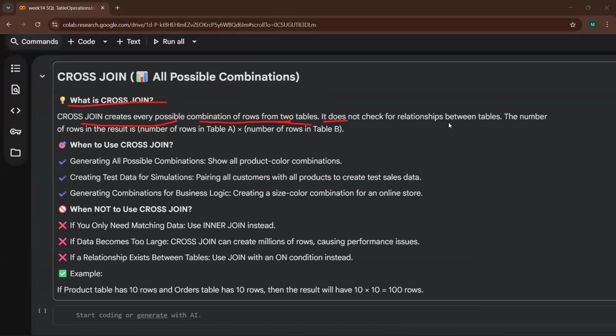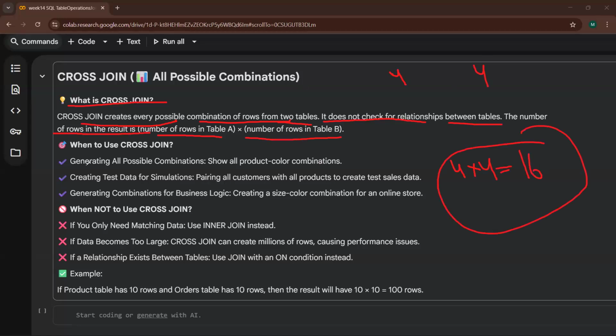It does not check for relationships between the tables. The number of rows in the result is the number of rows in table A multiplied by the number of rows in table B. So if there are 4 rows in A and 4 rows in B, 4 into 4, 16 rows will be the output.